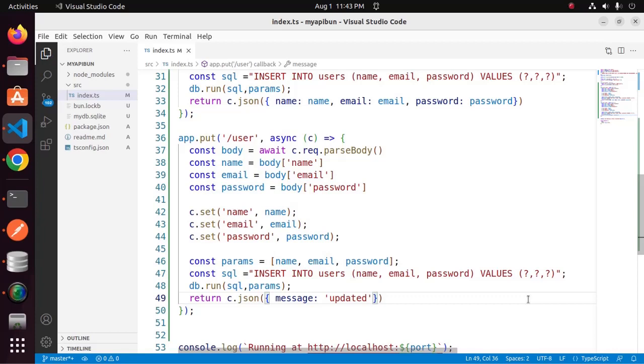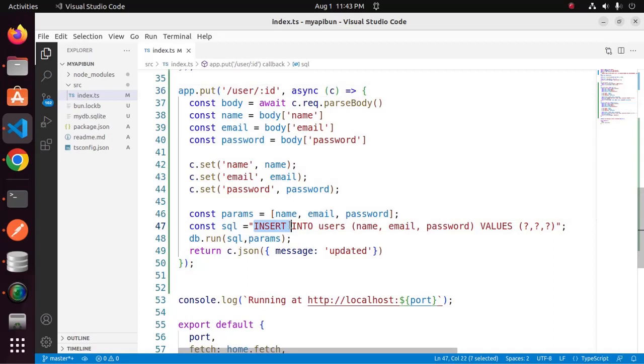Okay, here we must use id parameter because we will update a record of a user by id. Okay, and change the query insert with update. Okay, so change insert with update